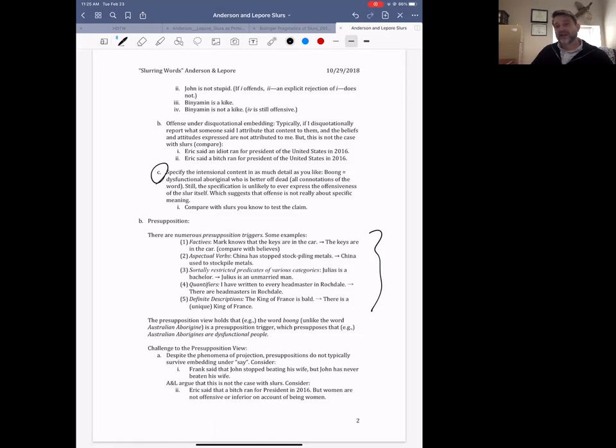A famous example of a presupposition that philosophers have pointed to is "John stopped beating his wife," which presupposes that John beat his wife in the past, okay? It doesn't explicitly say that, but it presupposes it. However, if we embed that under a said statement, so if we said, "Frank said that John stopped beating his wife," then we don't get the same intuition there.